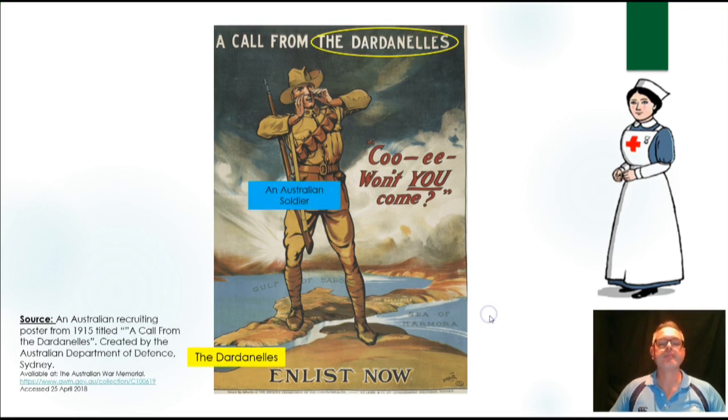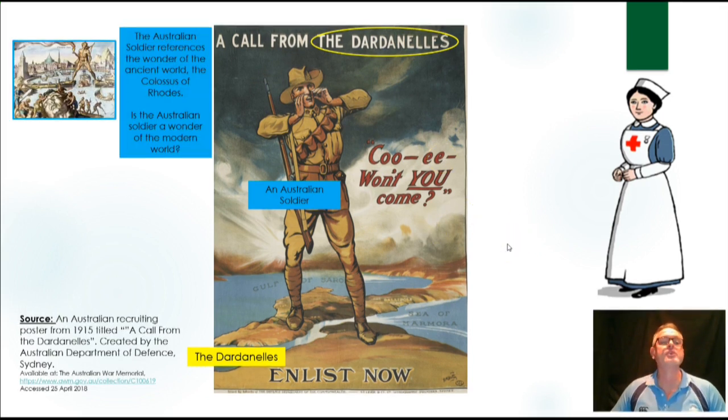Let's add to it. Hopefully you've recognised this gentleman standing across that area there is like a giant, and he's an Australian soldier. We might recognise that by the shape of the hat, that he's shouting out "Cooee," other elements of the uniform from our general knowledge you might see. An interesting part of this image